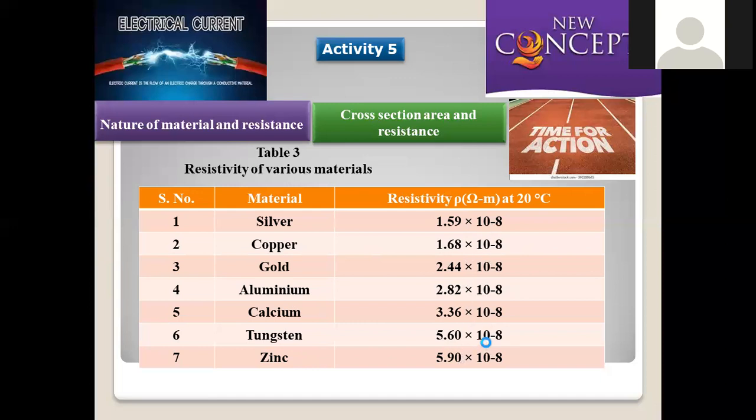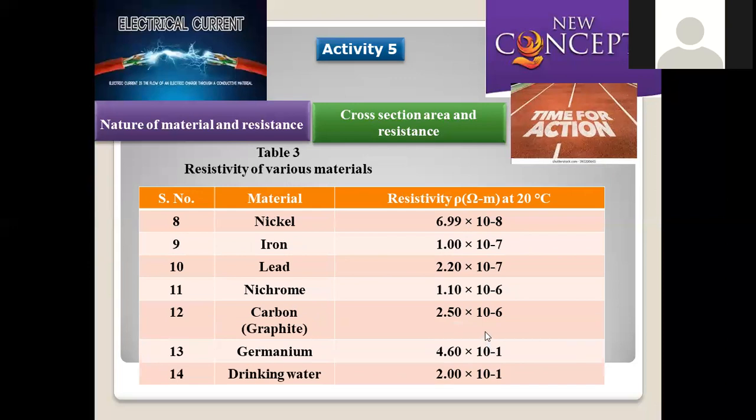As resistivity increases, their conductance will be lowered, because resistivity is the reciprocal of conductance. So nickel, with the highest resistivity among these, obviously has the lowest conductivity. And when you go with iron, its value is provided here as 1.00 x 10^-7. That's why it will be more compared to this one.